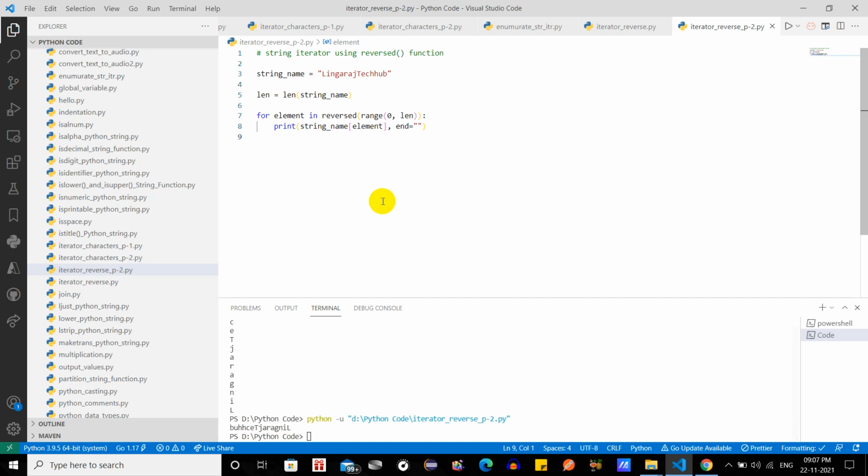Okay, there are lots of functions inside Python. You have to remember how the functions work by practicing more and more. Okay, so that's it. The iterator reverse function helps you to reverse the string and